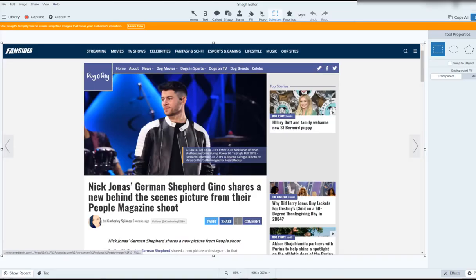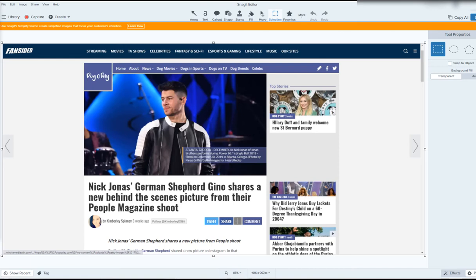All right, to test this out, I have taken a screenshot of a very important news story about Nick Jonas's dog, Gino, and I've already got it here in the Snagit editor. It's really neat when companies actually do user research, right? So they knew this was a new feature. Look right here, already knows what I want to do. When I click that, it actually opened a tutorial in a browser on another screen,